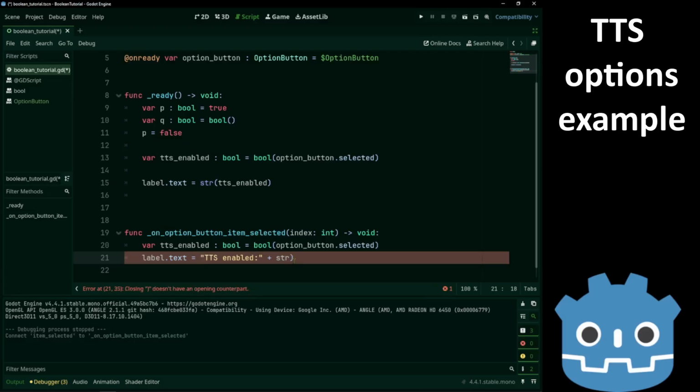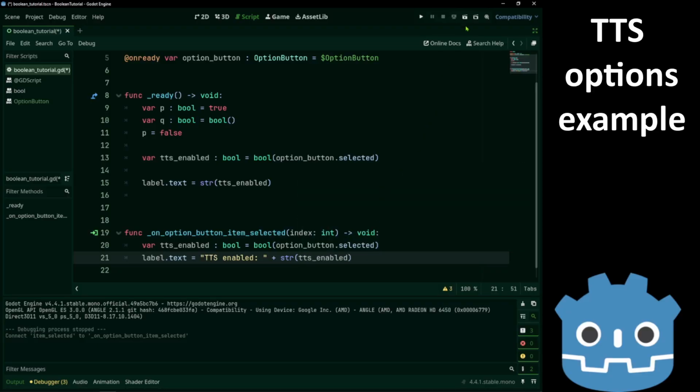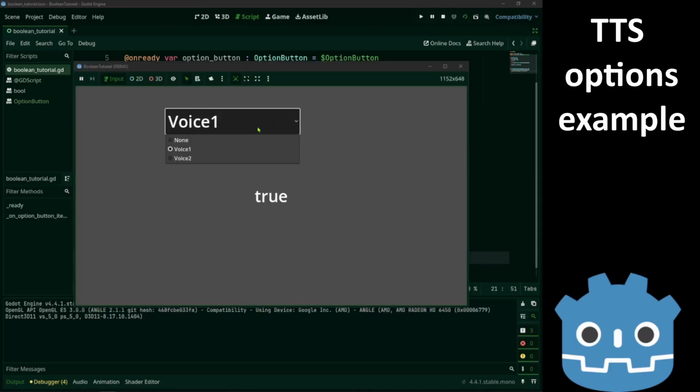Okay, we don't need this one. Only here. That's already a string. And we concatenate. There it is. Every time we select, a signal will be emitted and our script responds.